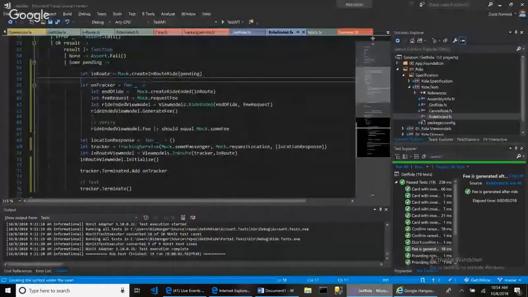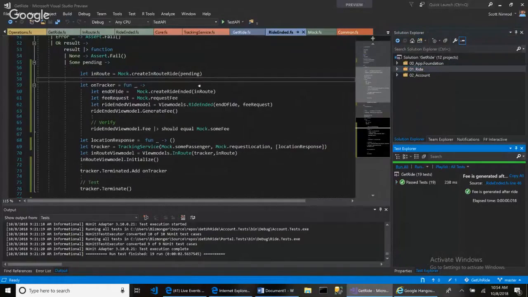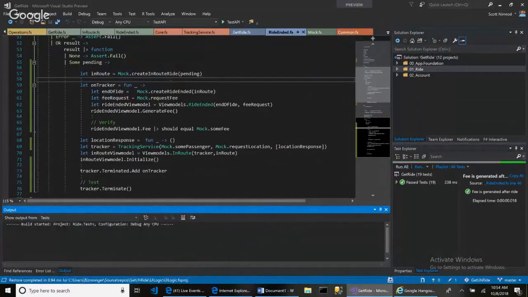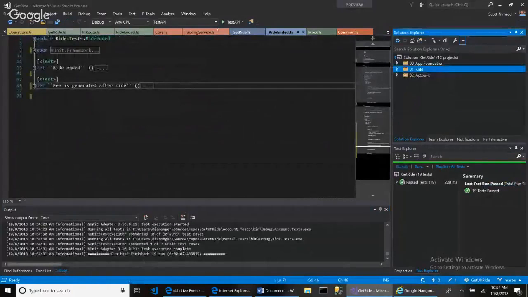It's live programming in F Sharp, building this Get Ride app, this long running code kata, similar to Uber or Lyft. Some passing tests right here. They all pass, right? And I have basically this specification as a library that I've been attempting to preach, inspired by domain-driven design, where we have